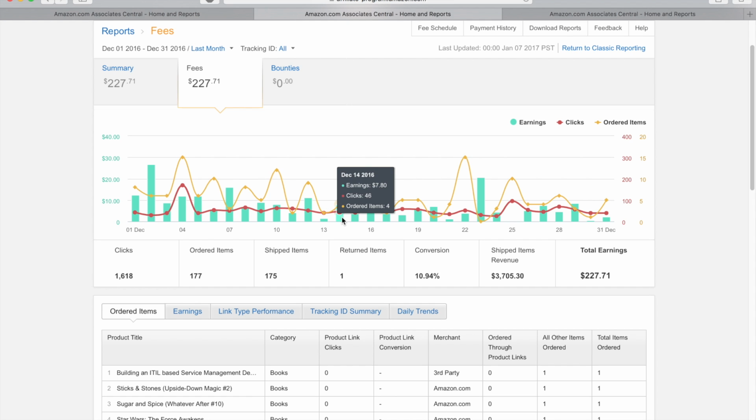If it's not through Prime, if it's just standard Amazon, it might take quite a bit longer. So the reason that there's no earnings on December 25th is probably because people stopped ordering between like the 23rd and 24th because they knew they weren't going to get the stuff by Christmas. But other than that, every single day, there's earnings, which is incredible. I don't think I've ever had a month where there's been such consistent earnings.